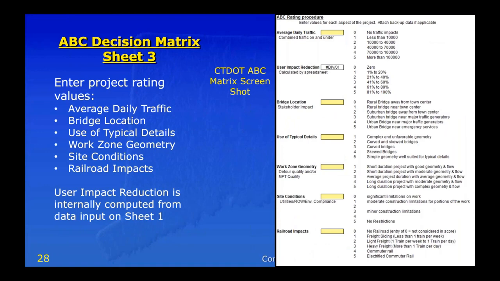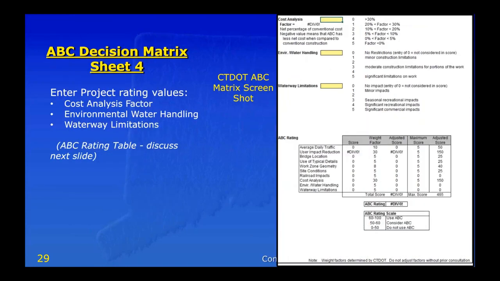And we went through some of these parameters here. These are the other ABC measures we discussed in more detail, showing now on sheet 3 of the matrix. And sheet 4, these are the last of the ABC measures entered here, and then the spreadsheet computing the ABC rating for the particular ABC bridge